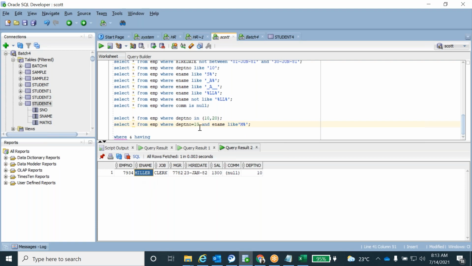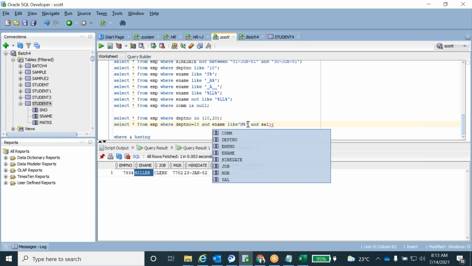So for the logical operator AND, whatever conditions we give, only when all the conditions are satisfied will it display the result. If one of the conditions is not satisfied, then it won't display the result in the select statement. If you have 10 conditions with 10 ANDs, all 10 conditions should be satisfied, then only it will fetch the data. Okay, clear guys?